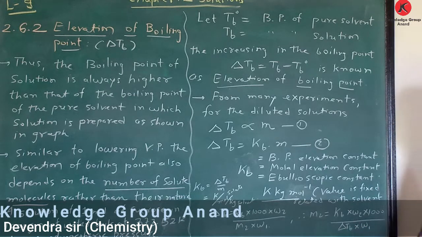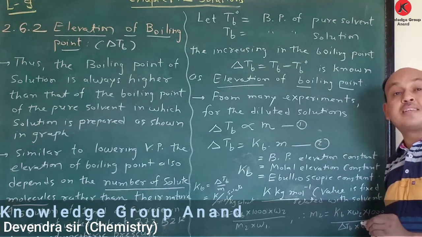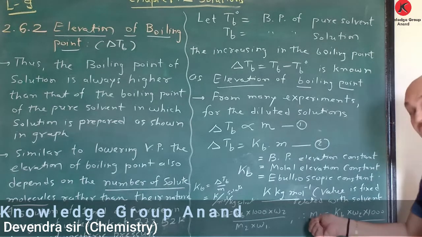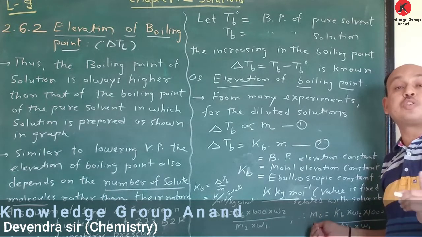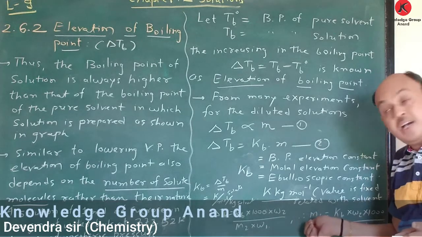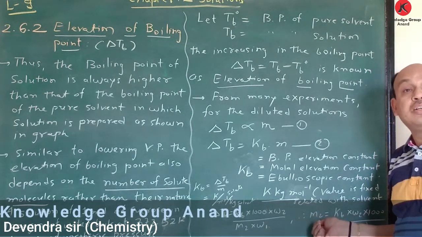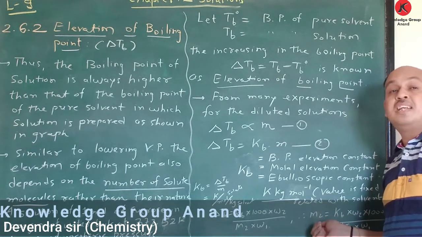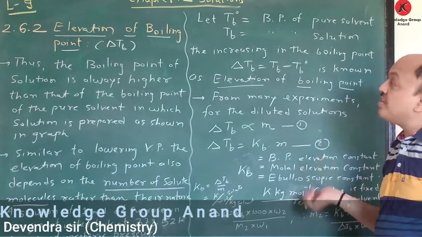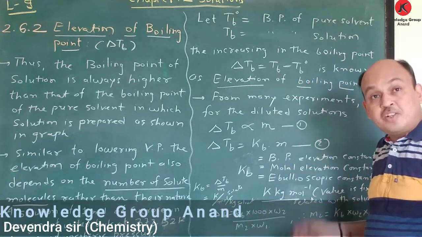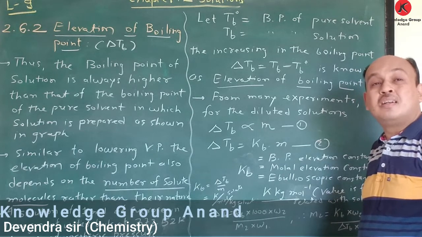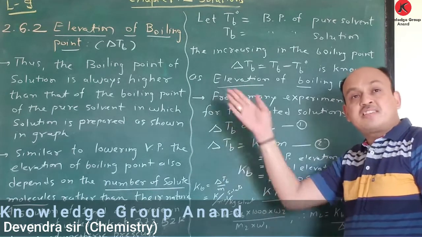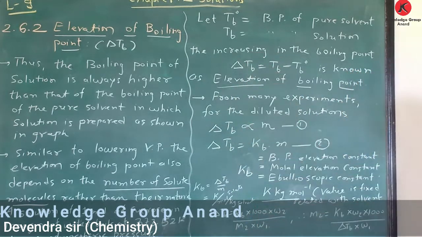This particular formula is very important from the exam point of view, because all these values are given and you have to find the unknown non-volatile solute's molecular mass. The molecular mass is not given, so that we will see in our next lecture. Okay, make a note of this, and in the next lecture we will look at examples of this. Make a screenshot of whatever is written on the board.